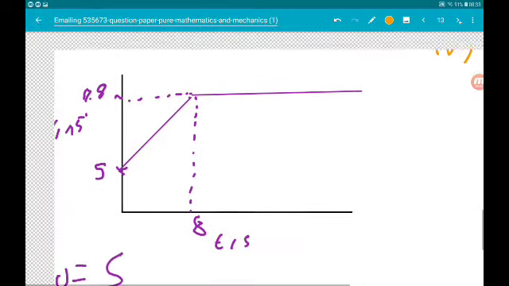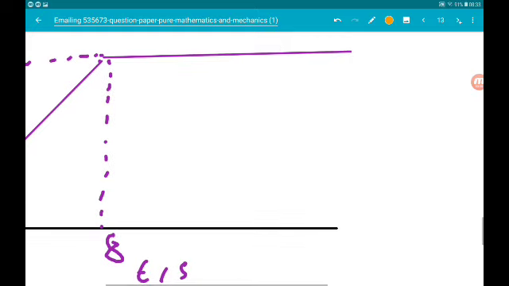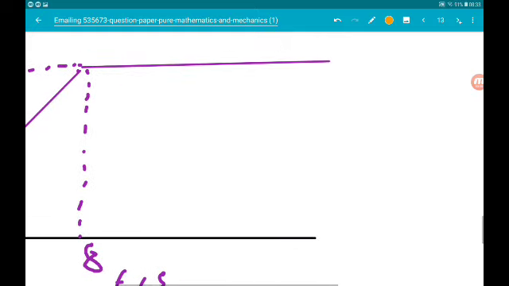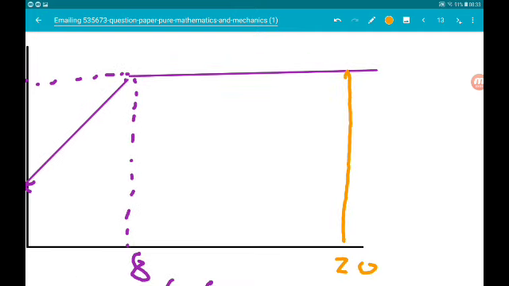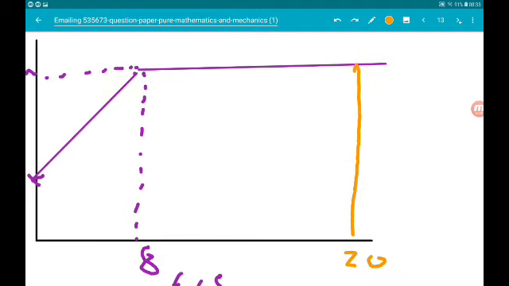Okay, so we know that at 8 seconds the velocity becomes constant, so 20 seconds is 12 more to the right, so the displacement in this rectangle is gonna be 12 times 17.8